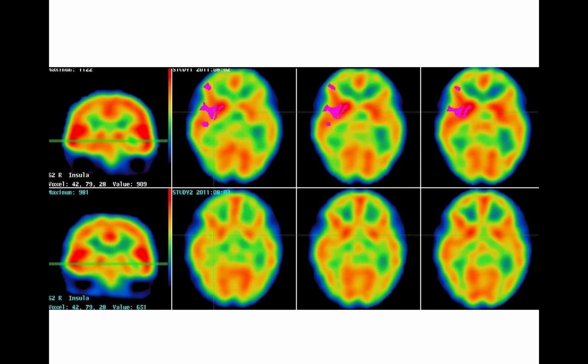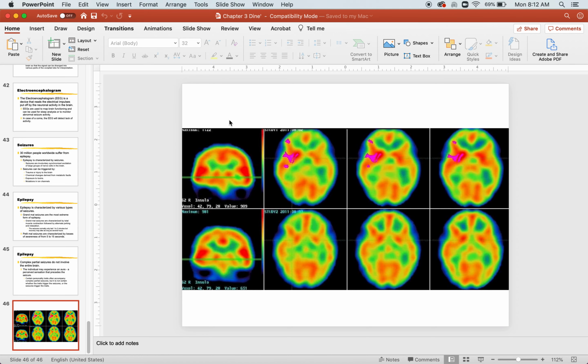And this is what it looks like on, I think this is a PET scan. Do I have? No, I don't. Okay, just a second. Okay, these things right here, this is where the seizure is occurring. And as you can see, this is when the individual isn't having a seizure, and this is when they are having a seizure. There's a great deal of electrical activity right here in the brain, and it's not going away. And that's causing a seizure for an extended length of time.